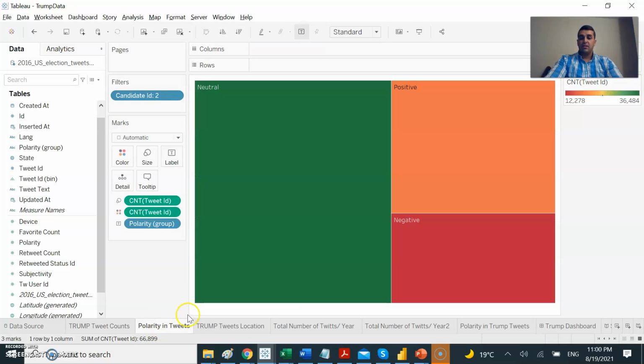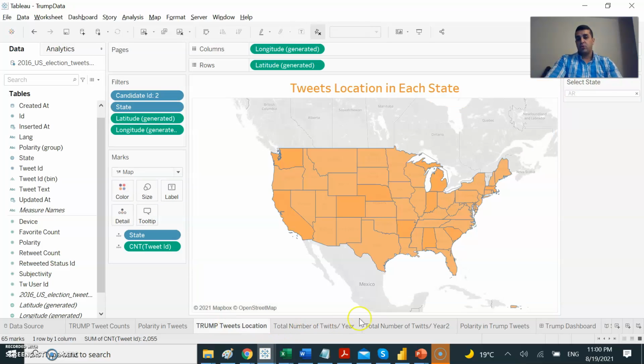I also presented the polarity between the tweets. As we can see, the total count of tweets that are neutral is 36,484, while the positive represents almost 18,000, while the negative number represents 12,278. I also included a map for the tweet location,